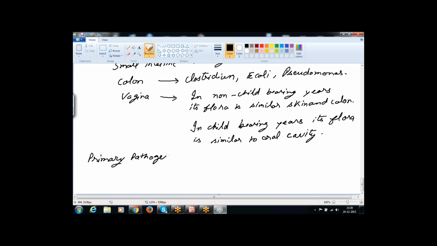So primary pathogens are those which can cause disease in a healthy person. So primary pathogens are those which can cause infection and disease in a healthy person itself, whereas secondary or opportunistic pathogens,